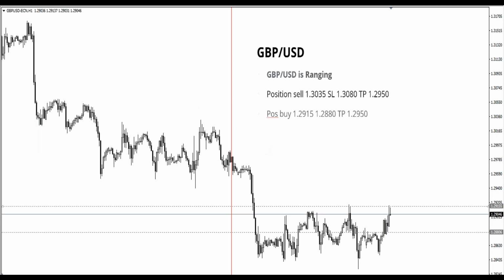Pound dollar is ranging again. Now we have a pattern that I don't like, and I actually made the analysis with Forex Empire today. That is a megaphone pattern. It's a broadening bottom, and I will show you that later. It's a nasty pattern, and I don't like it. And last time on GBP dollar, our buy position also went into a loss, because you see here we went into a buy position. It went nowhere but down.